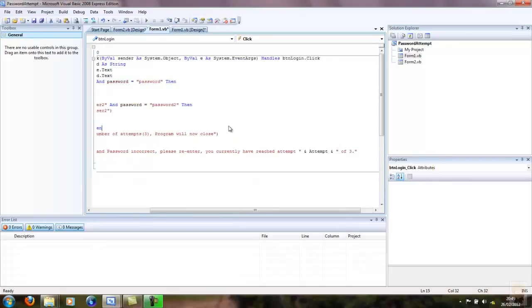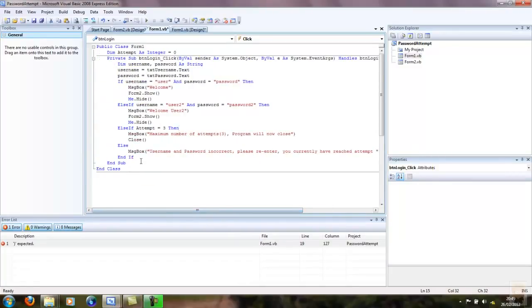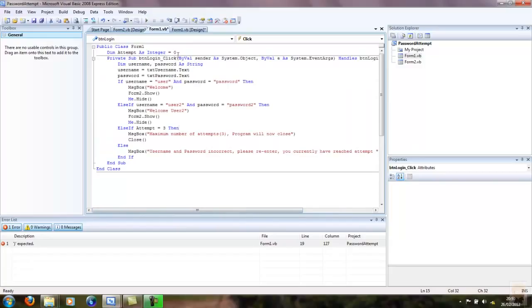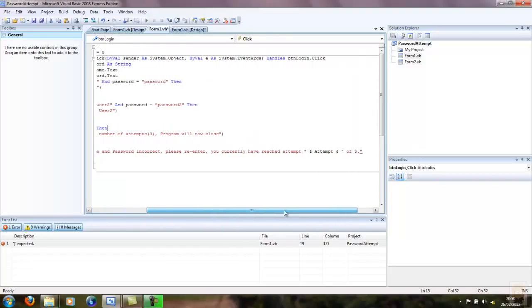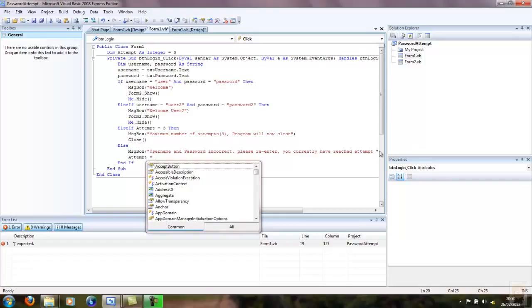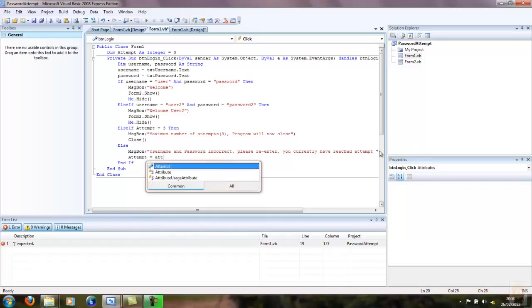And what that should do then is tell the user every time they've made an attempt: username and password incorrect, please re-enter it, you've reached attempt, and it'll tell them whatever attempt they've reached. Now what I haven't done is made the bit that's actually going to increment the attempt. So I'll go down the line now, and the next thing I do is I type in attempt equals attempt plus 1,